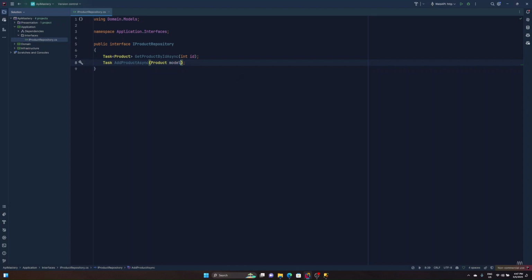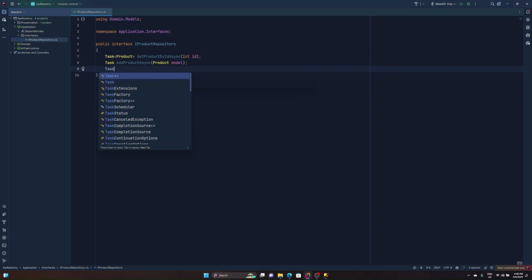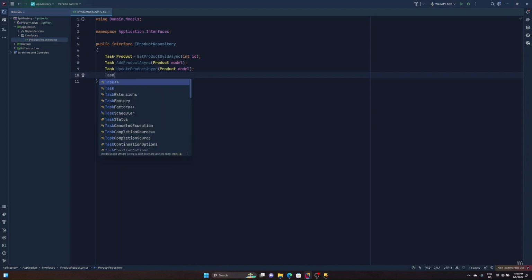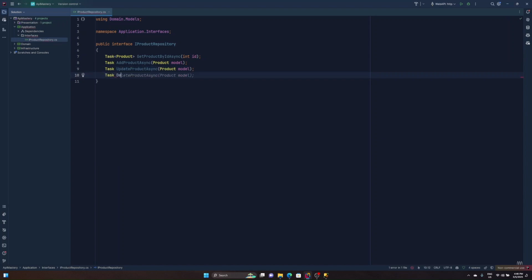I prefer to use model here. Okay, so also we need to create another task for updating the product. So update product sync. Okay, here also we need to create another task for deleting the product itself. So delete product async. We should pass the ID here. Okay,